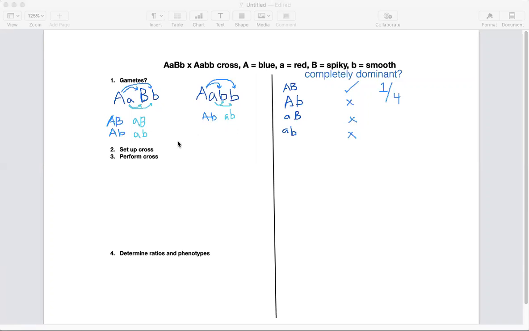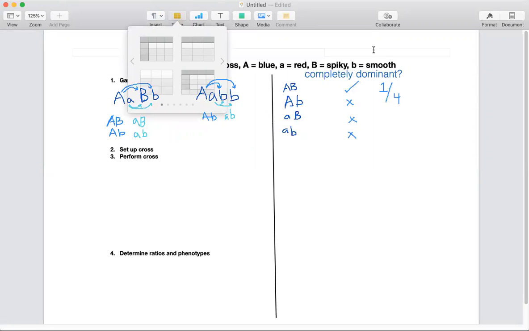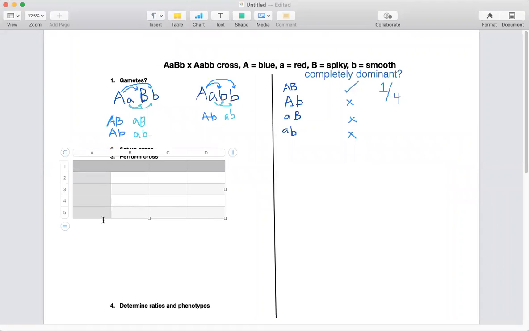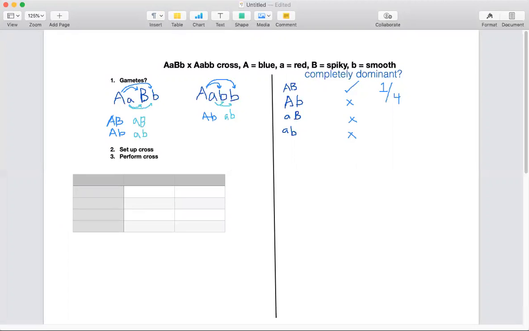All right. So if I was to do my cross now, I would first want to set it up, and then actually perform it. What I'm going to do is set up a table so I can just fill it in, and that might be easier for everybody. I'm going to need 4 columns and 2 rows, but again, it's not too big of a deal, whichever way you want to make it. I'm just going to make it 3, that way we're good there. Okay, and so if I was to perform this cross,